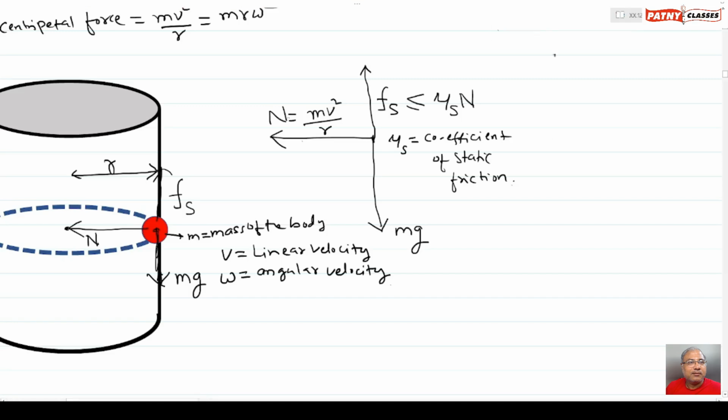The force of static friction has to be balanced by the weight of the object. Therefore, Fs equals mg. Therefore, in this equation, Fs is replaced by mg. Fs is less than or equal to mu s times N. And what is N? N is equivalent to the centripetal force. Therefore, in place of N, writing centripetal force, that is mv square upon r. Now both sides m and m get cancelled. So g is less than or equal to mu s into v square upon r,